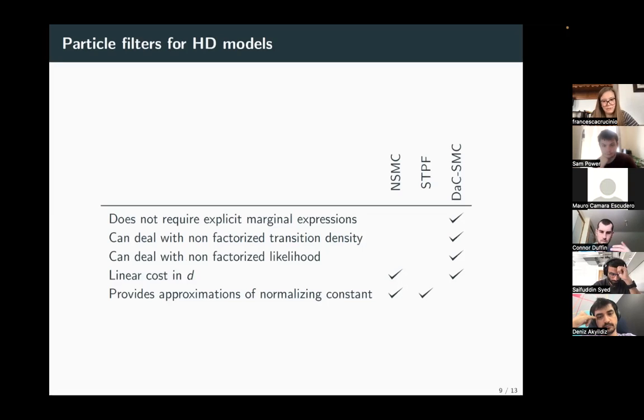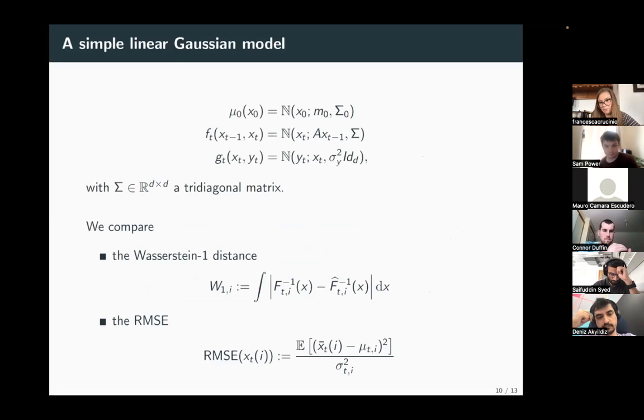Okay, I'm almost running out of time, so it's good that from now on I only have plots. These are preliminary simulation results on a linear Gaussian model, which I know is not super exciting, but we had to start somewhere. So we look at a linear Gaussian model in which the transitions are not IID, so this A is not the identity, but the sigma that we have over here in the transition density is tridiagonal. That's pretty much me being lazy, because I wanted to make sure that even in very high dimension, I can compute the Kalman filter exactly, which you cannot do if the matrix sigma is not very sparse.